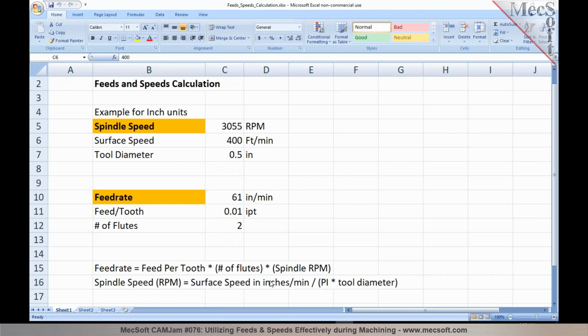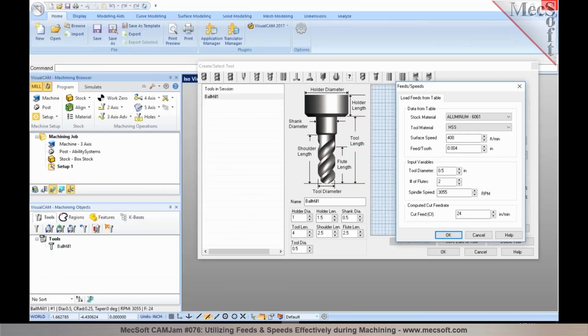These are the variables in here. Now the surface speed in the XML file, or the materials file, you're going to be defining in feet per minute. So if you're working in inch units, it's in feet per minute, so we automatically take that times 12. And then in the denominator you have the value of pi times the tool diameter. So if you specify your surface speed and the tool diameter, your computed spindle RPM is 3,055 RPM for a half an inch tool with a surface speed of 400, and that's exactly